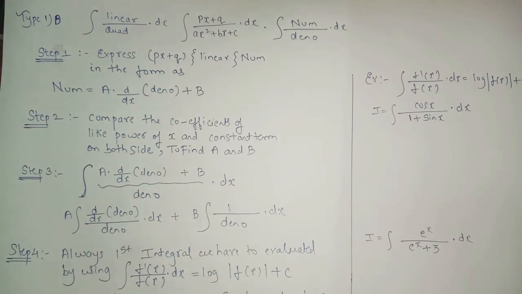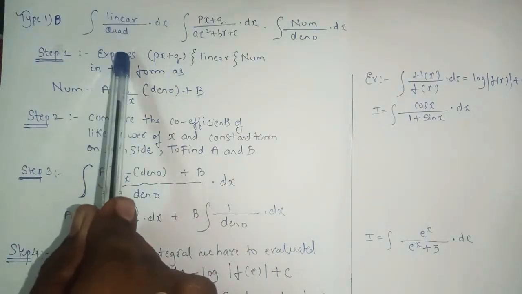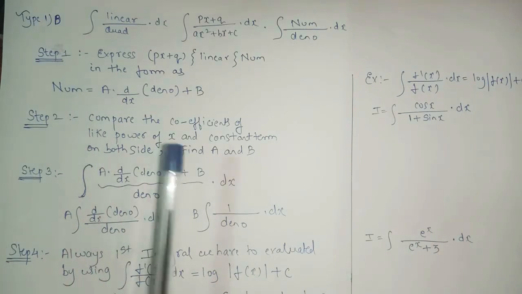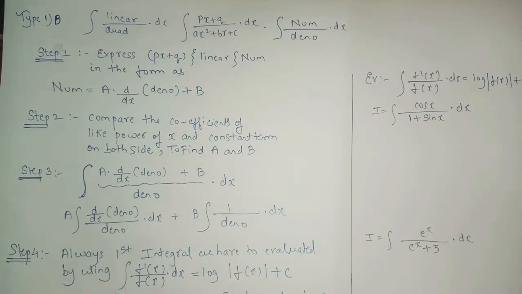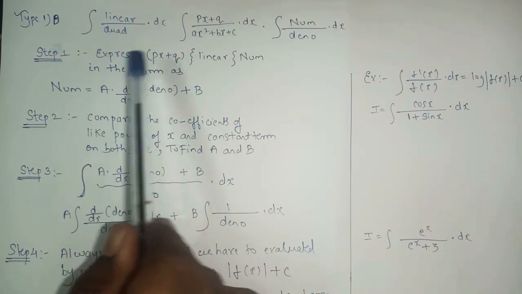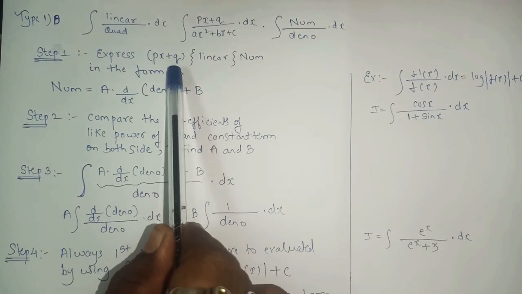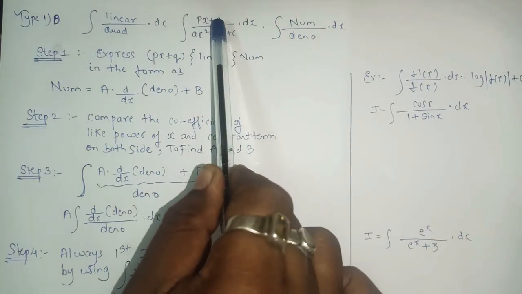Here, whenever you come across a sum like this, linear upon quadratic, these are the proper steps which you have to follow. You have to remember these four easy steps in your mind to find the final integral answer. So here, what I had written, you have to express px plus q, that means the linear,